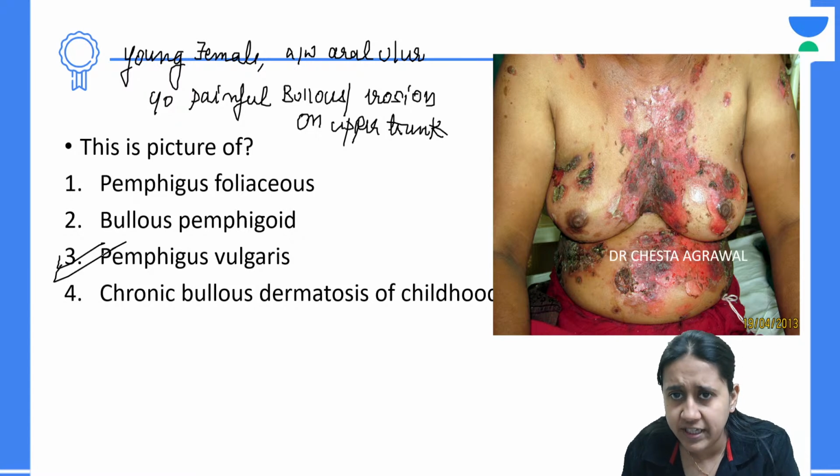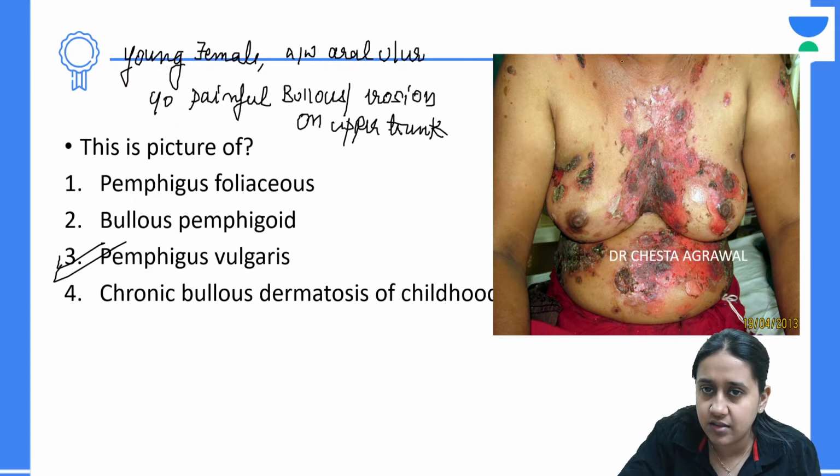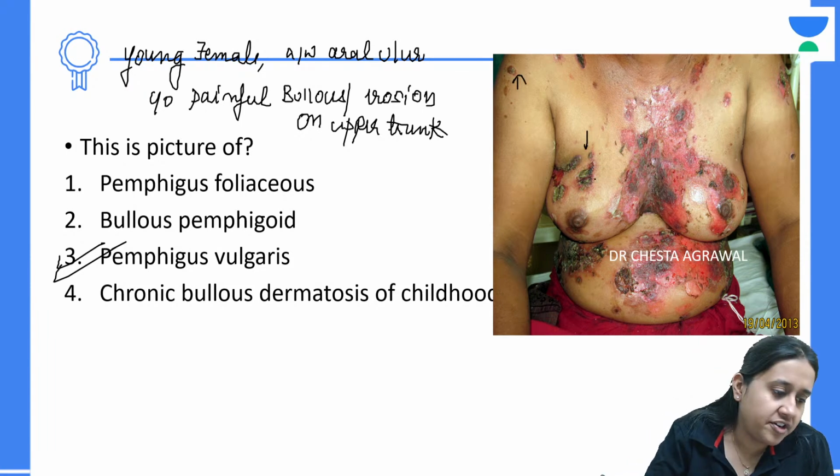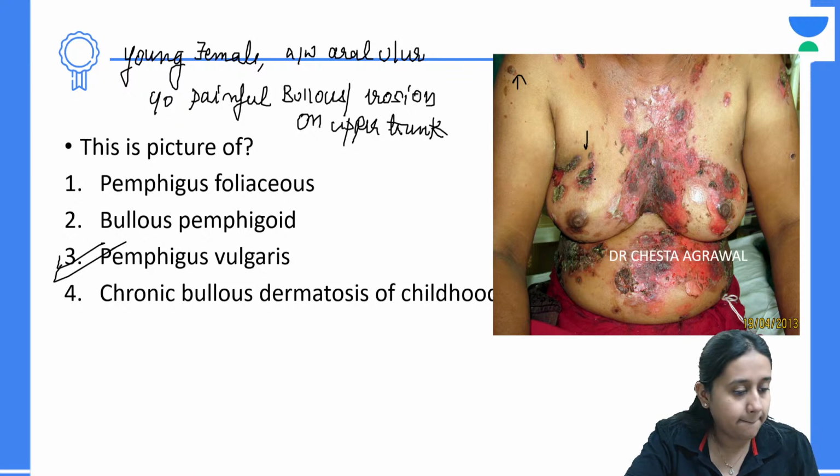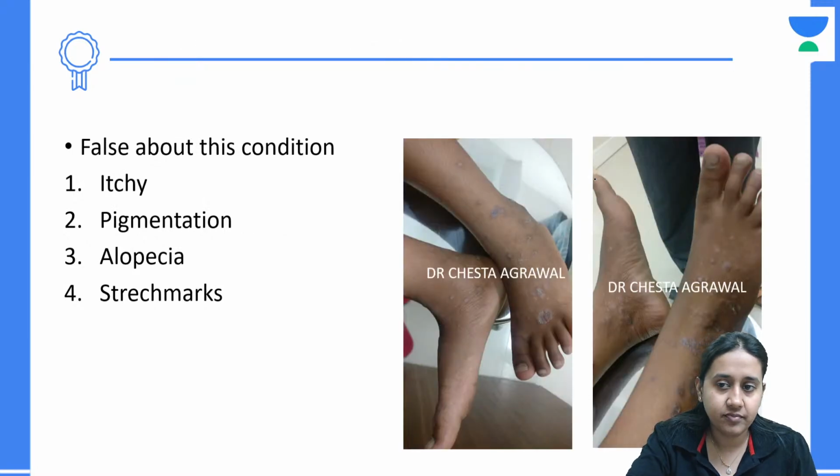Oral lesions, bullous erosions mainly on the upper trunk, very classical feature of pemphigus. So this is one of our own patients who presented with some vesicles. You can see the vesicles here, and when we started our own treatment, the lesion started to heal. Next,